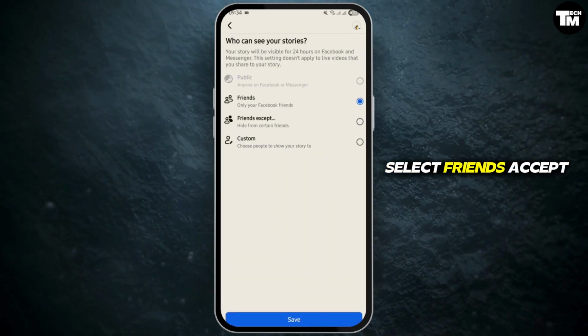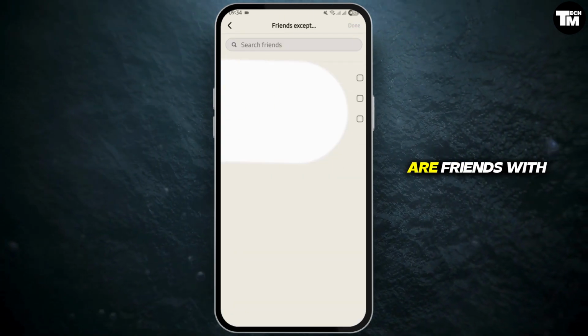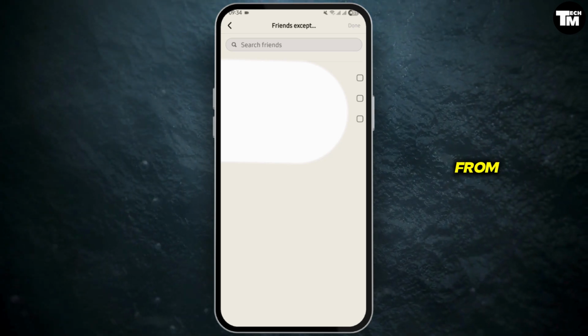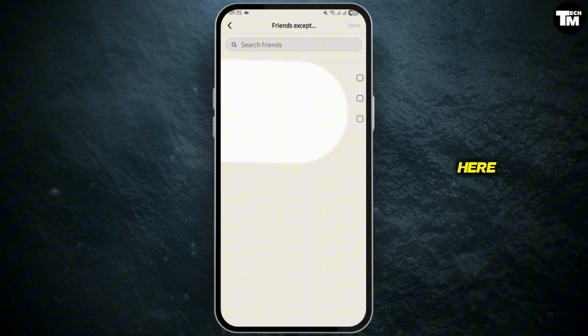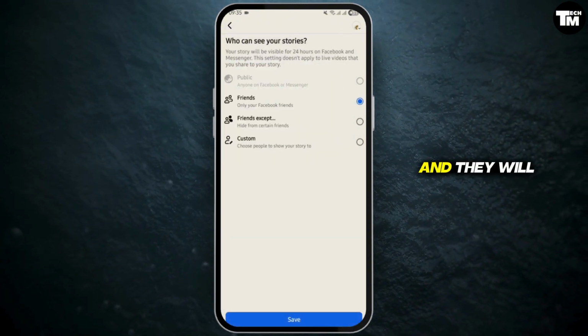Here, select friends except and you will see a list of all the people that you are friends with. Select the people or person that you would like to hide story from. Check their boxes here. And once done, they will be hidden from your stories and they will not be able